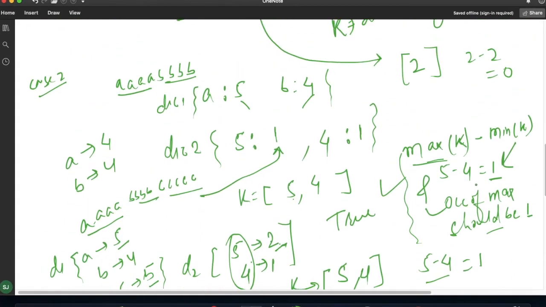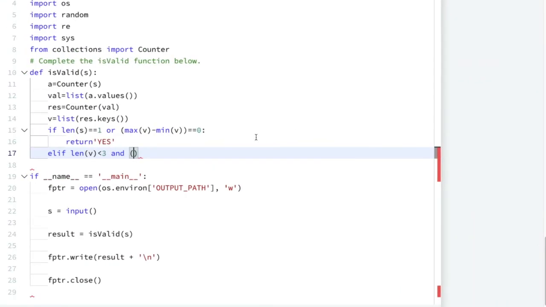This one means I have to check max of v minus min of v is equal to 1, and at the same time my res dot get of max of v should equal 1.